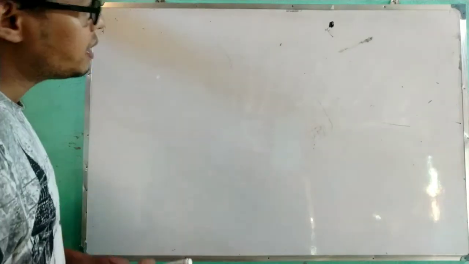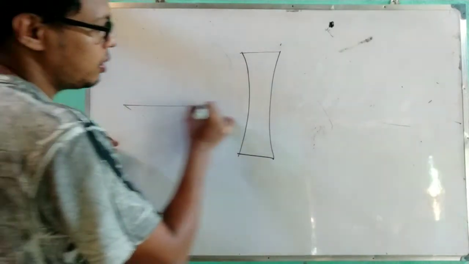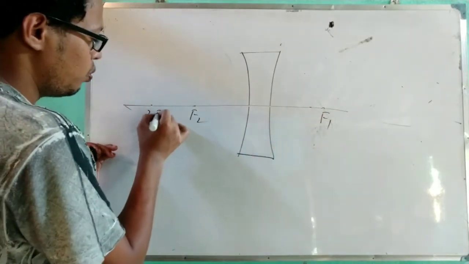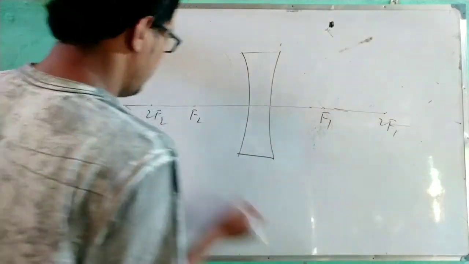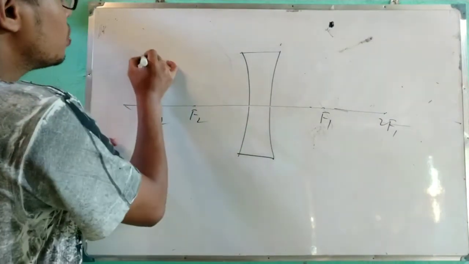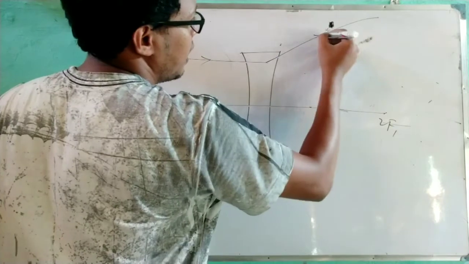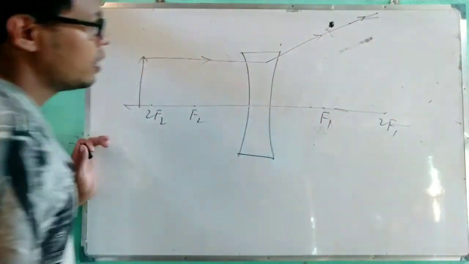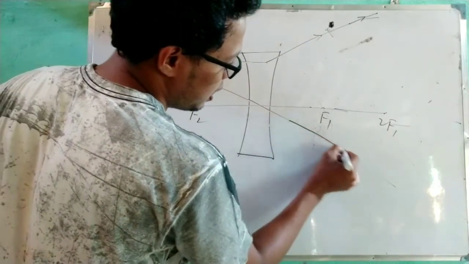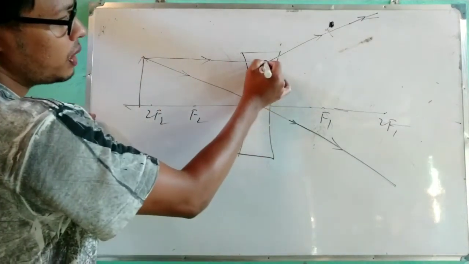Okay, in this case I will show when the object is placed at a finite distance. Suppose this is f2, f1, twice f2, and this is twice f1. So the object is placed at a finite distance, so where will the image form? Take two rays. First one which is parallel with the principal axis. After refraction it diverges. Okay. Now another ray which is passing through the optical center. After refraction it undeviates its path. Okay. See, these rays are not meeting. So if we extend it,